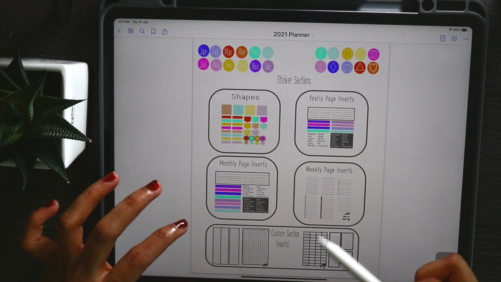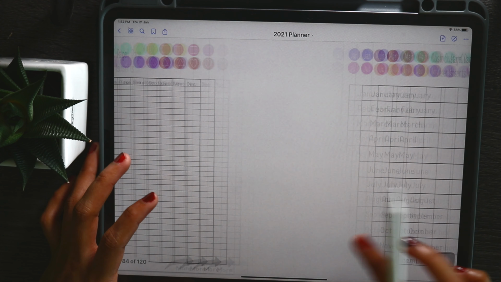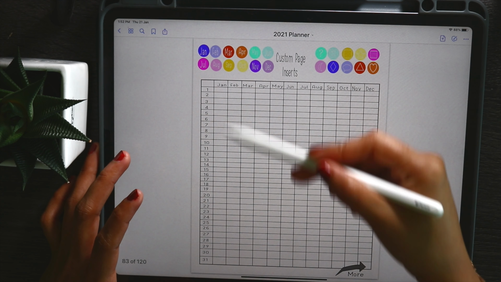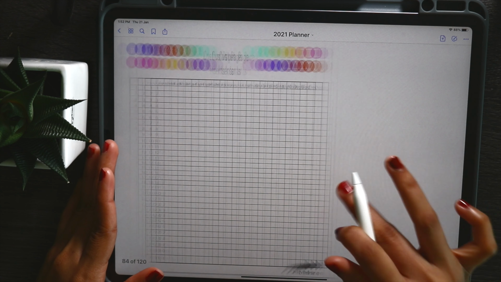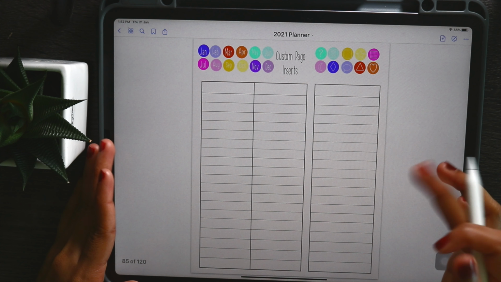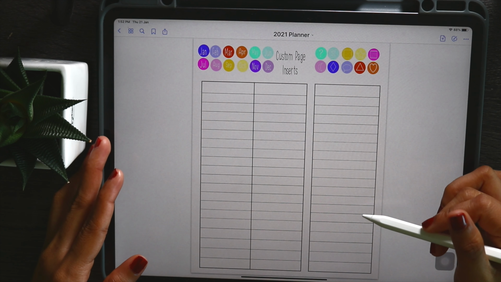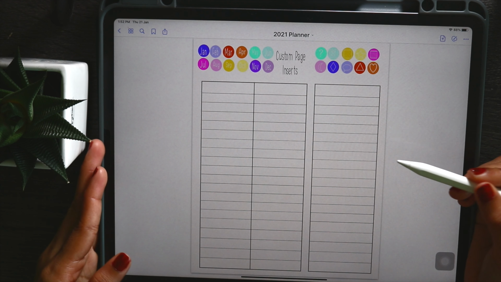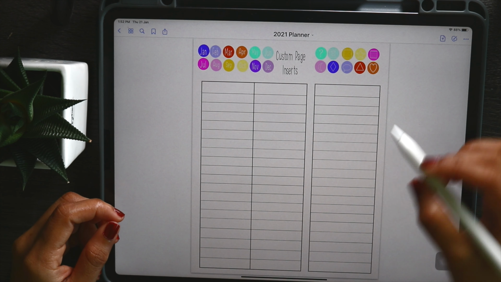If you go back to our sticker section, you will see in the custom section insert there are some little lined boxes. There is some kind of tracker that you could use for tracking budget goals, finance goals, whatever you want to track here. There is also a daily tracker that spans the whole year, and just some lined lists, so you can put whatever you want on these custom pages, or you can just make some notes on them.